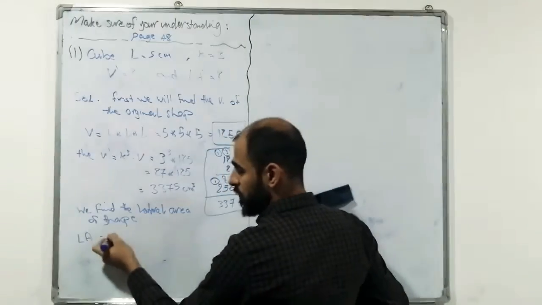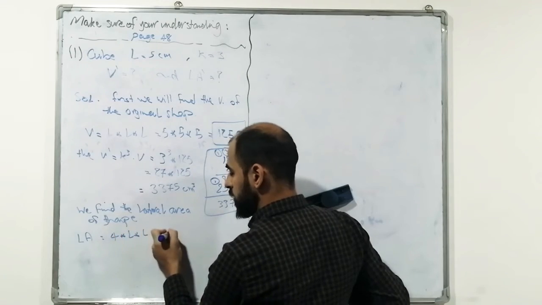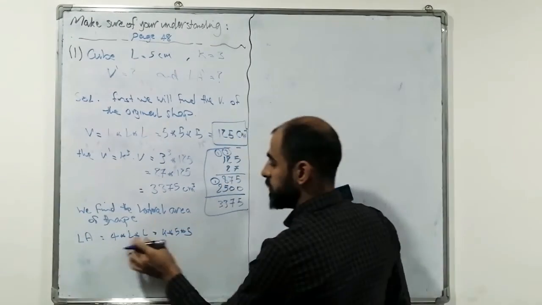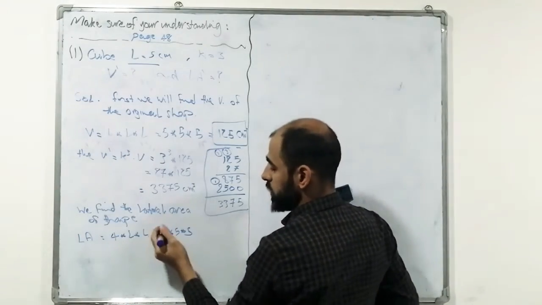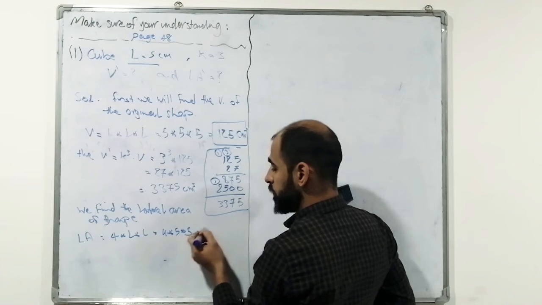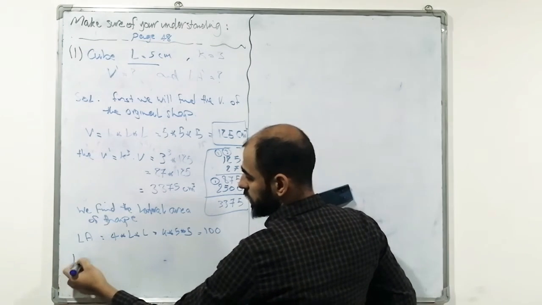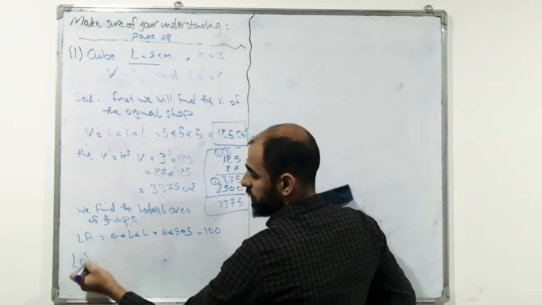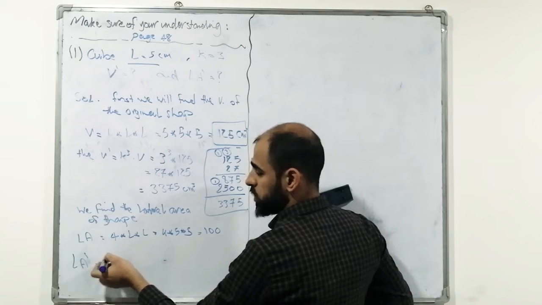For 4 faces, 4 by L, 4 by 5 by 5. Substituting the value of L, which is 5 centimeter, 5 by 5 is 25, by 4 is 100. So the lateral area after the dilation, any area of a three-dimensional shape, is